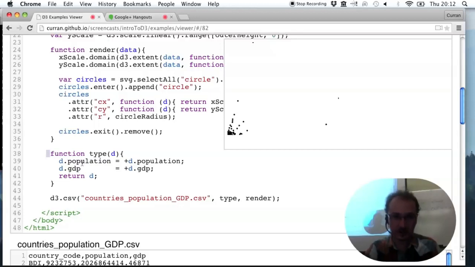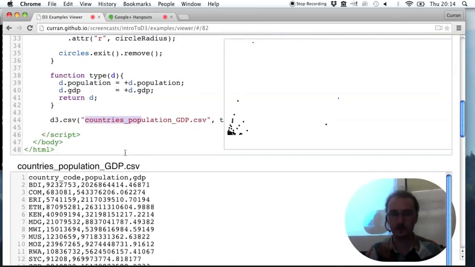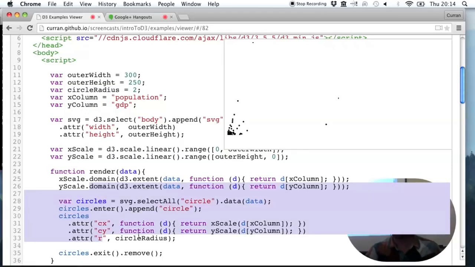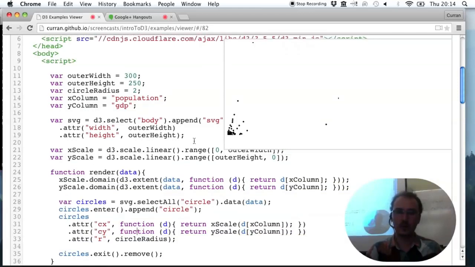And then I just had to modify this type function that parses the GDP and population rather than the iris fields. Change the CSV file name here. And then up at the top, I changed the X column and the Y column to be population and GDP. And circle radius is now fixed. So it's the same code as before. So what we get,